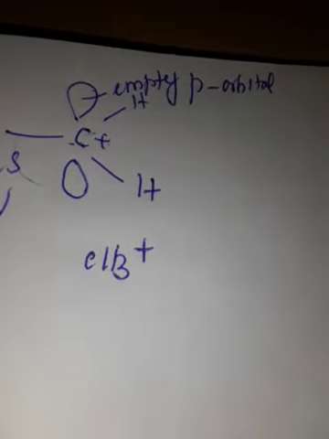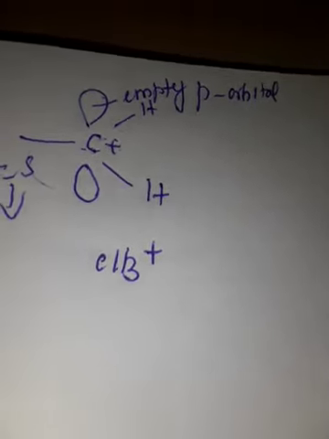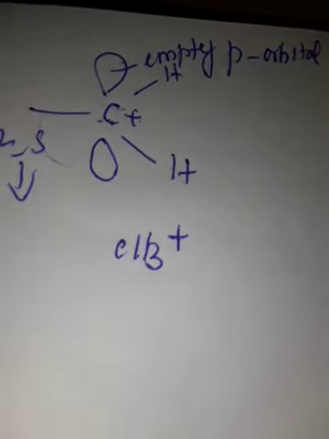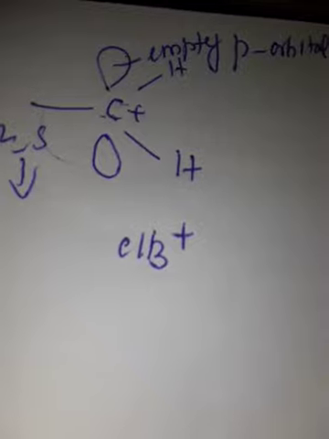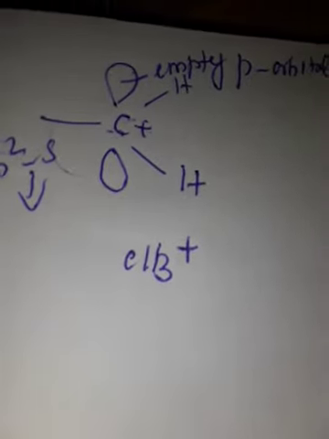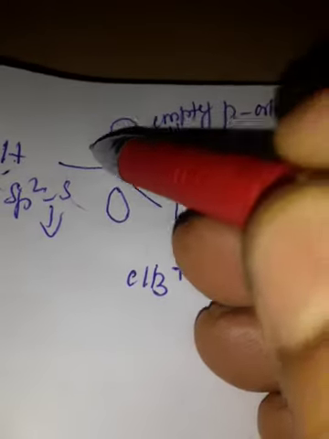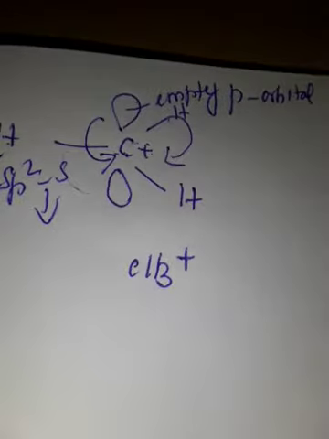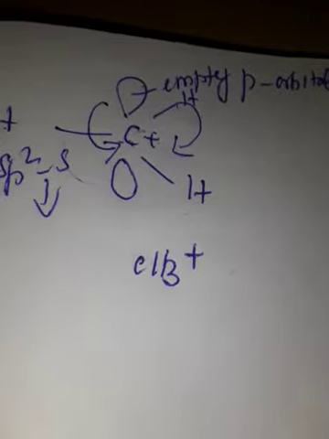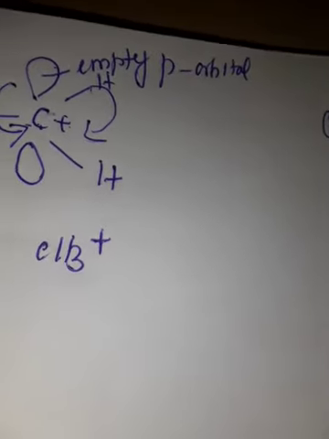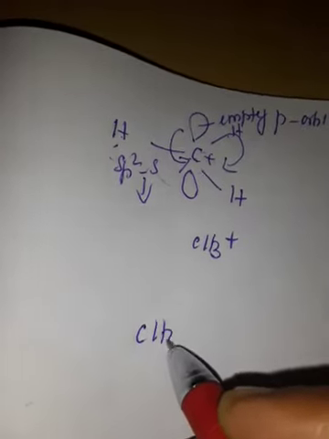So usually a nucleophile means a negatively charged species. There are two types of nucleophiles. One has a negative charge, the other has an unshared pair of electrons. So that nucleophile can attack this carbon either from this side or this side. Both sides it can attack the carbon. So this is a carbocation.